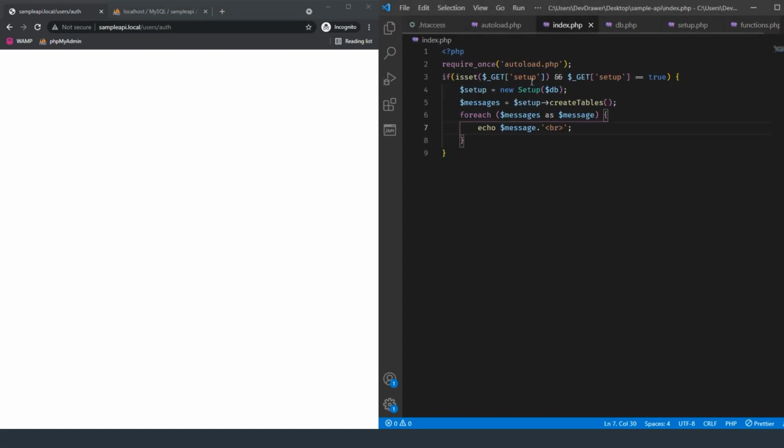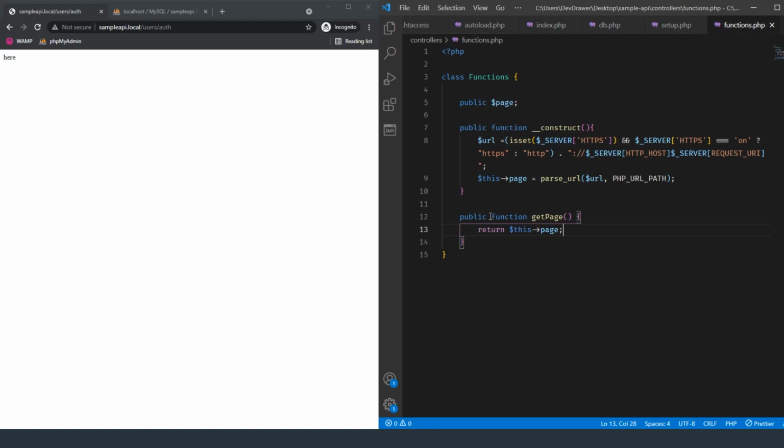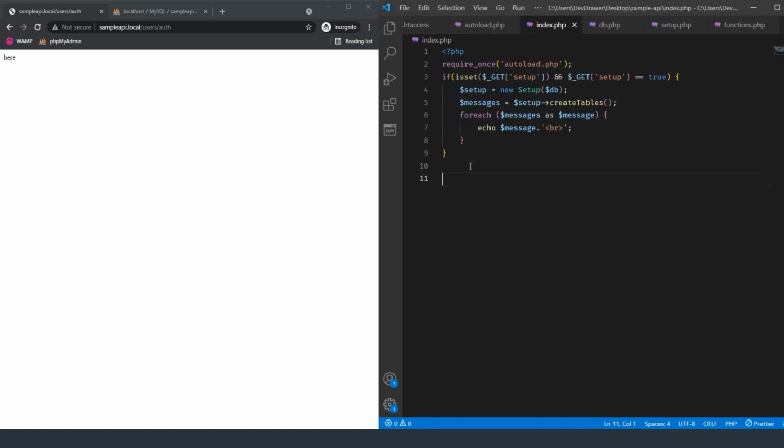And if we come over here to our index.php and we say something like echo here, it should echo here because it's being rerouted through our index.php. So this is the direction that we're wanting it to go. So now let's create a reference to this get page, and that's going to give us the page information that we need. So let's do functions get page, and we're just going to add that over here. So let's do echo